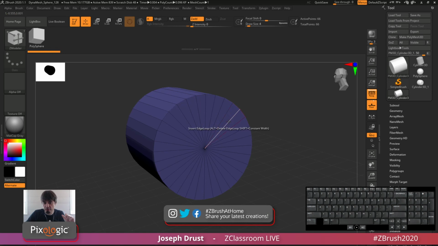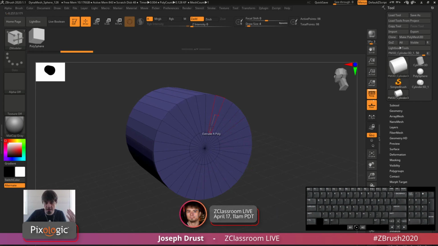So the first thing I want to do is add an edge loop in here, and this just makes it a little bit easier, especially when you start modeling stuff, because now you have this nice area you can add other edge loops to, and you don't have to worry about this pole in the center as much. You could open this, like delete those faces out of there, which will also help quite a bit, because basically that